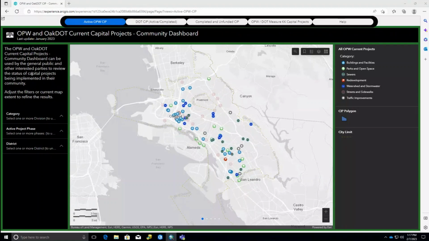Hello and welcome to the tutorial on how to use Oakland Public Works and Oakland Department of Transportation's dashboard for capital improvement projects. There are several submaps within this dashboard, including a map for all active Public Works capital improvement projects, a map for all of the Department of Transportation's capital improvement projects, broken down by active and completed, and